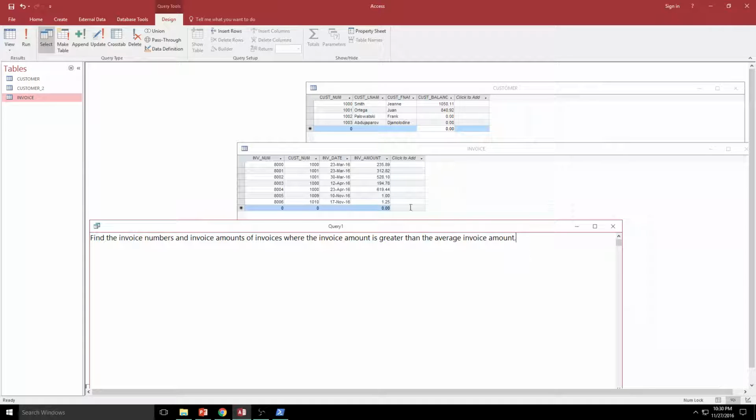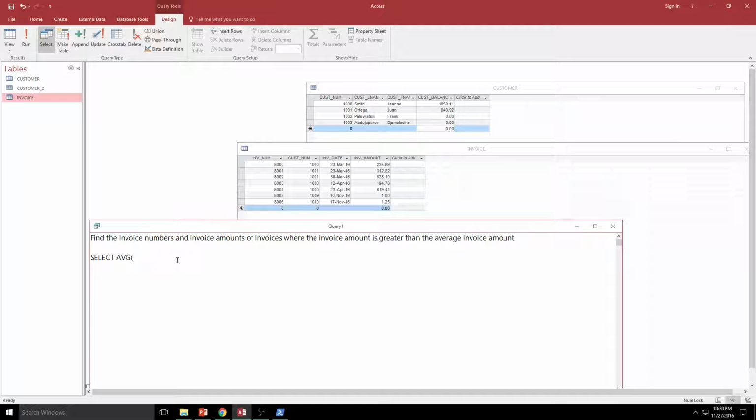All right. So first off, what we need to know is what is the average amount inside there. So what we would do is use select and then use one of the aggregation functions in here. For average, it's AVG, but there's also sum and count. If you want to add up all the numbers, you can do that. Here we want to take the average